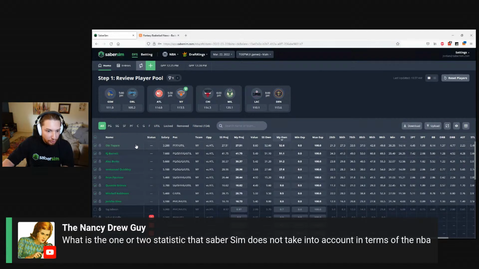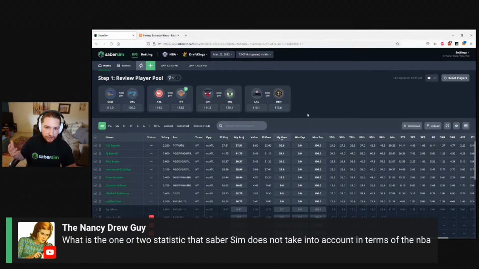It certainly might be Obi Toppin that gets some additional run. What if it's Jericho Sims? What if it's split? What if one player starts and the other still ends up getting more minutes? How does usage break down when different combinations of these players are on the court? All of this is stuff that we are attempting to answer with our simulations.